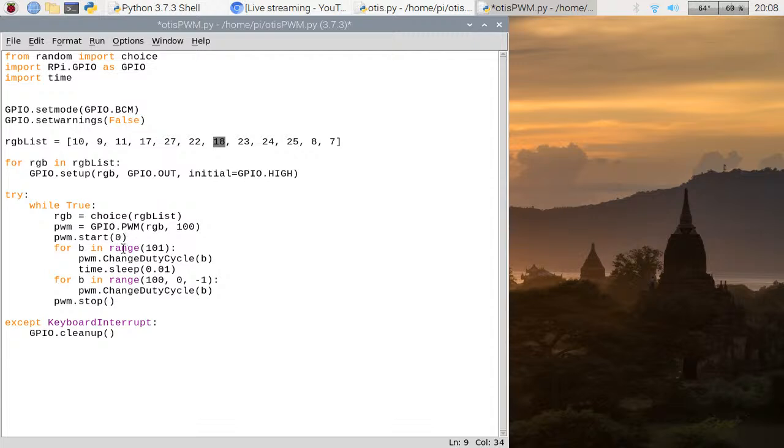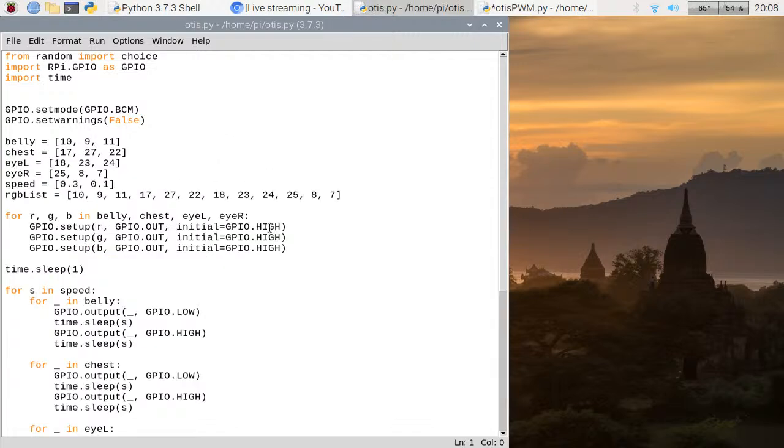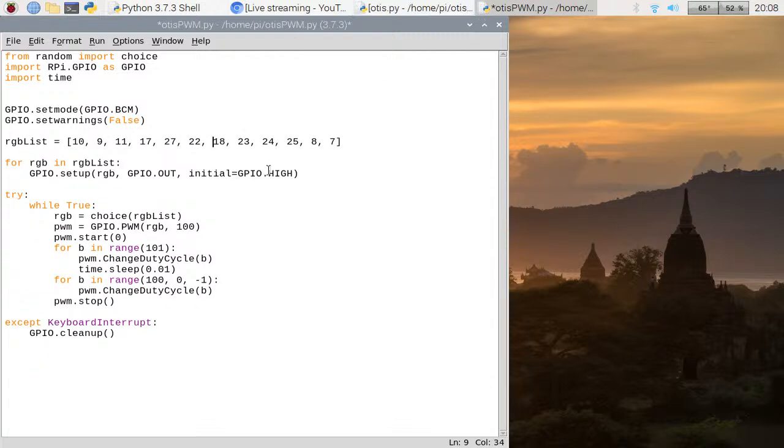But because of the way that OTIS is wired, the positive rail is kind of like the common rail, the resistors and everything, and the way that the wiring is, on my other script, I probably did tell you then, I set it high because it goes low to actually bring the light on. So I need to reverse the way that this is going to be. So I need to set this to be 100, and basically I'm going to swap,